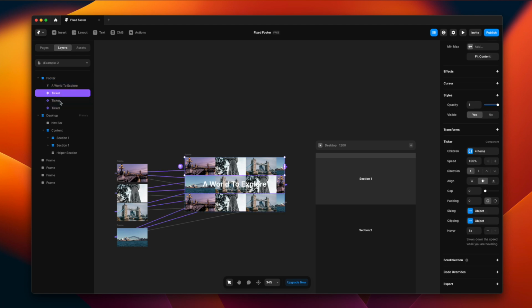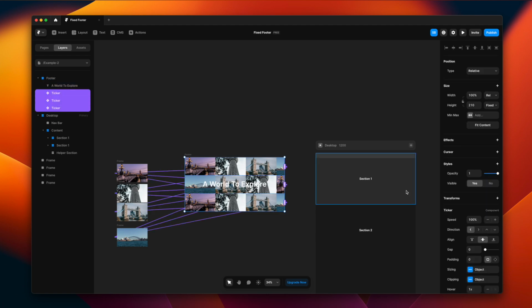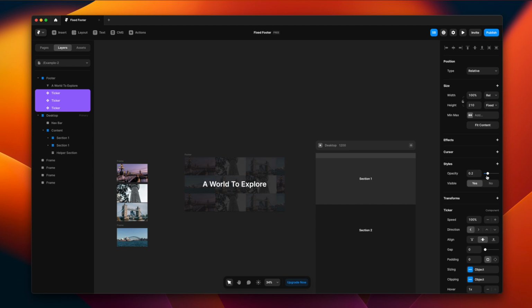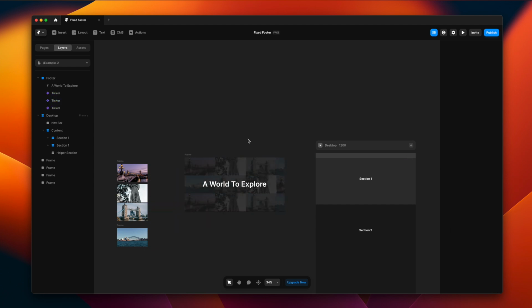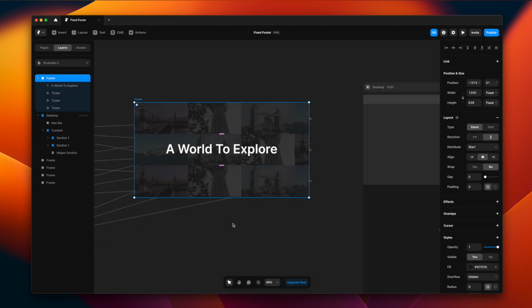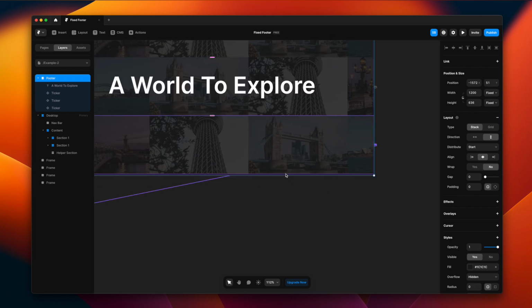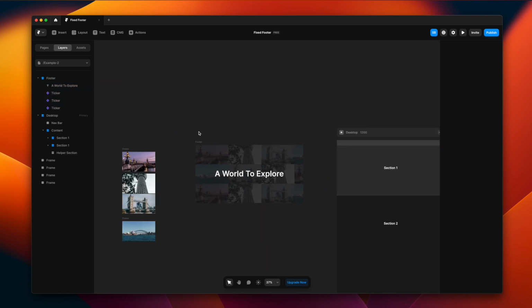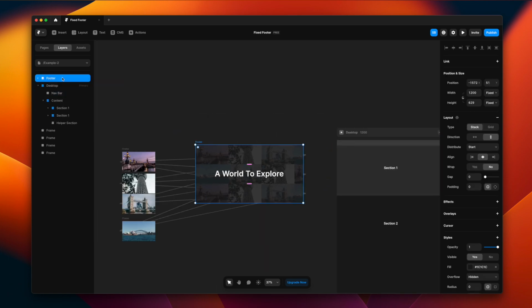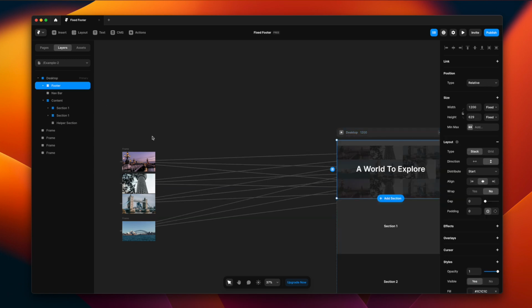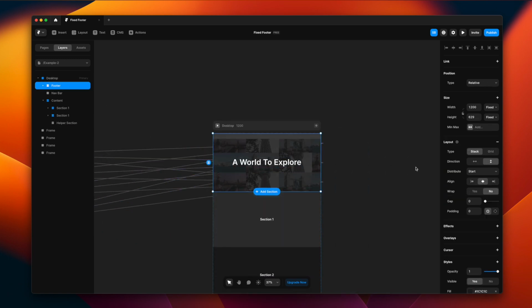So with this, the footer design is ready, and I've also added a text on top of it. I'm going to select the ticker components and reduce the opacity in here. And now we have the footer all set to be used. I'm also seeing a little gap in here. I'm going to get rid of that. So let's use this footer and place it right inside the desktop screen. And this is exactly where we want it.